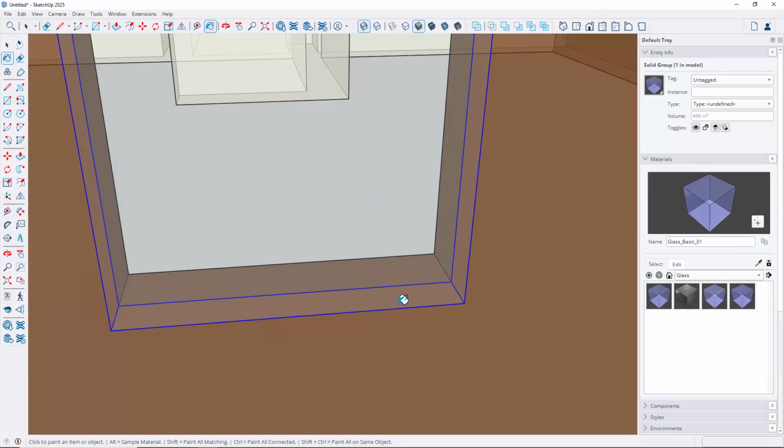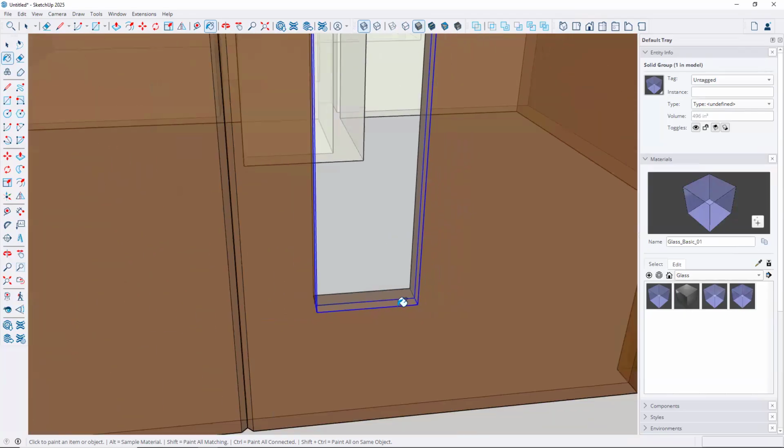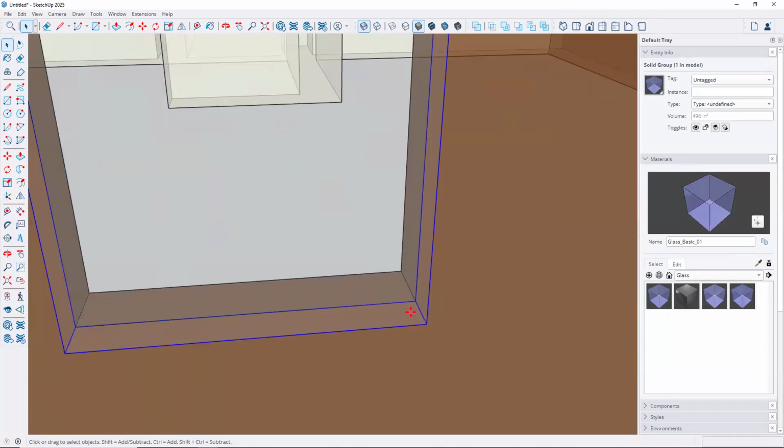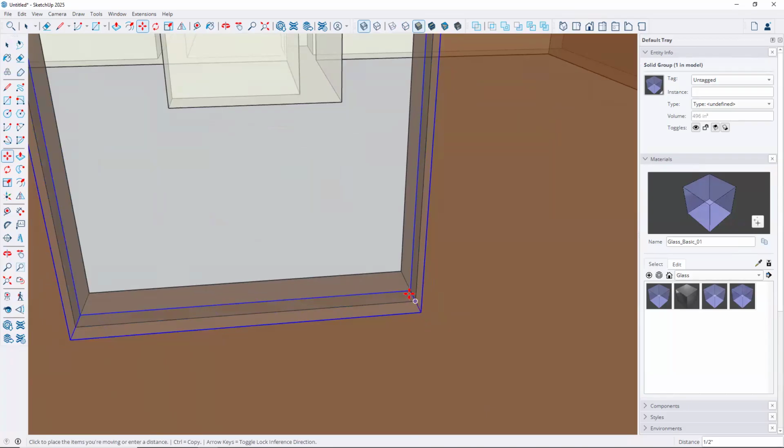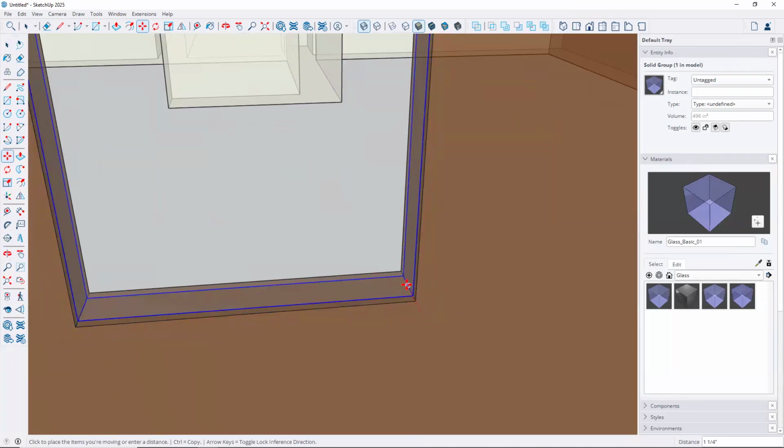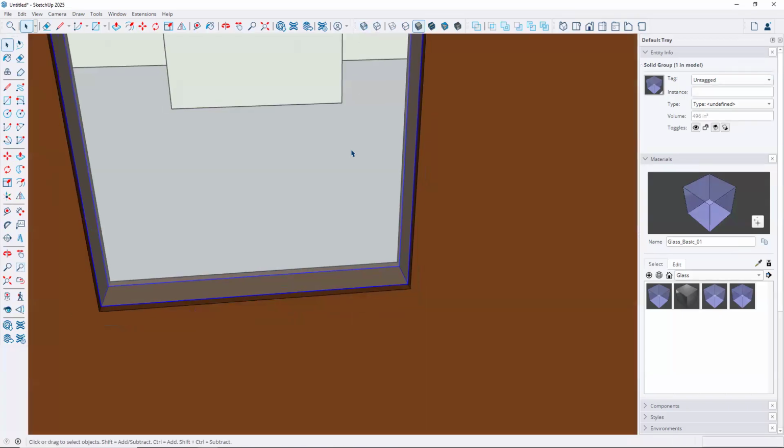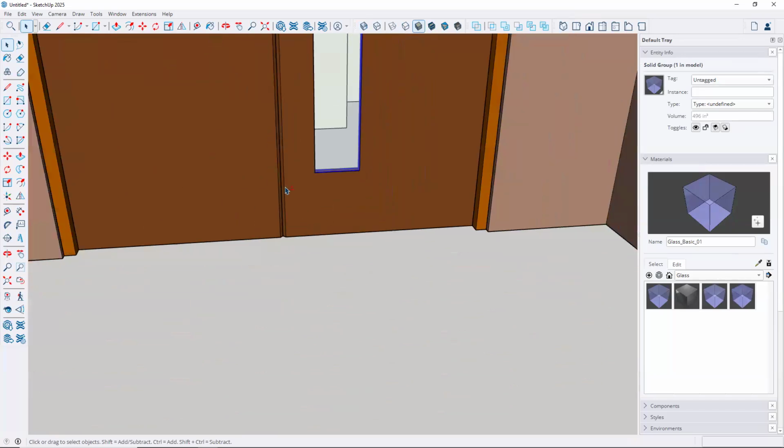So the glass is already highlighted, but just in case it's not, tap the space bar, click away from it. Here we go. Click on the glass. I'm going to zoom in. I'm going to type M for move from that midpoint over to this midpoint. Give that a click. Tap the space bar. Turn off X-ray mode, and you've got your glass in place. Now,